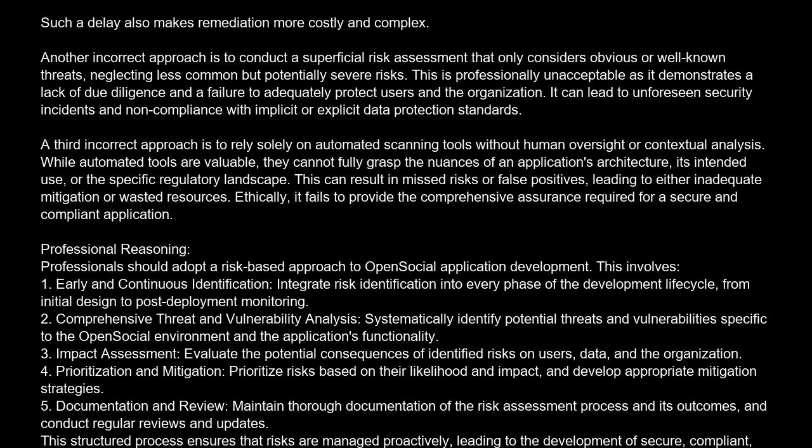3. Impact assessment. Evaluate the potential consequences of identified risks on users, data, and the organization. 4. Prioritization and mitigation. Prioritize risks based on their likelihood and impact, and develop appropriate mitigation strategies. 5. Documentation and review. Maintain thorough documentation of the risk assessment process and its outcomes, and conduct regular reviews and updates. This structured process ensures that risks are managed proactively, leading to the development of secure, compliant, and reliable open